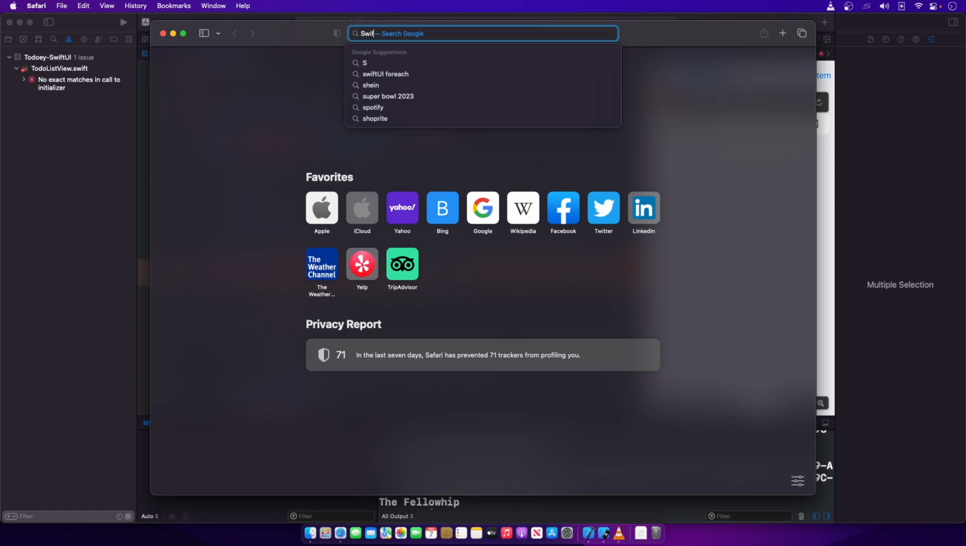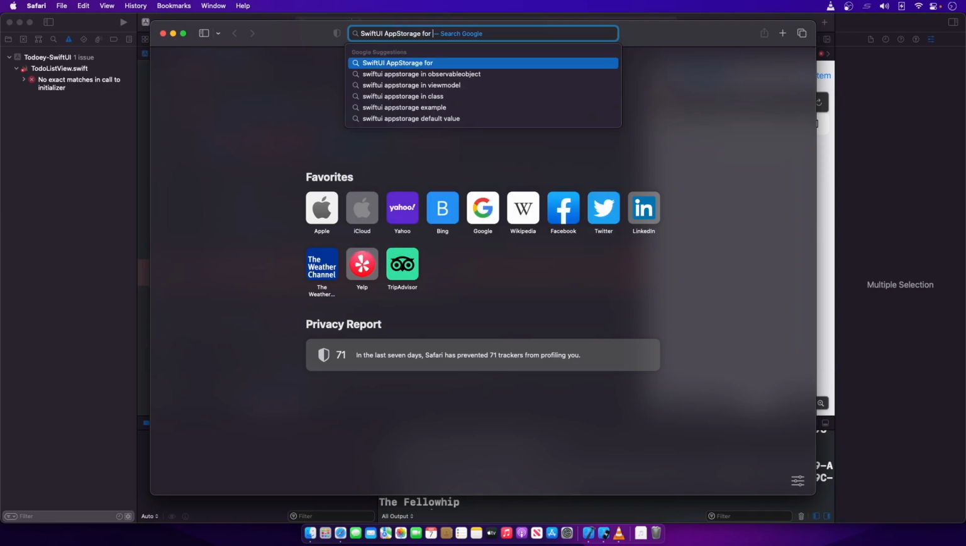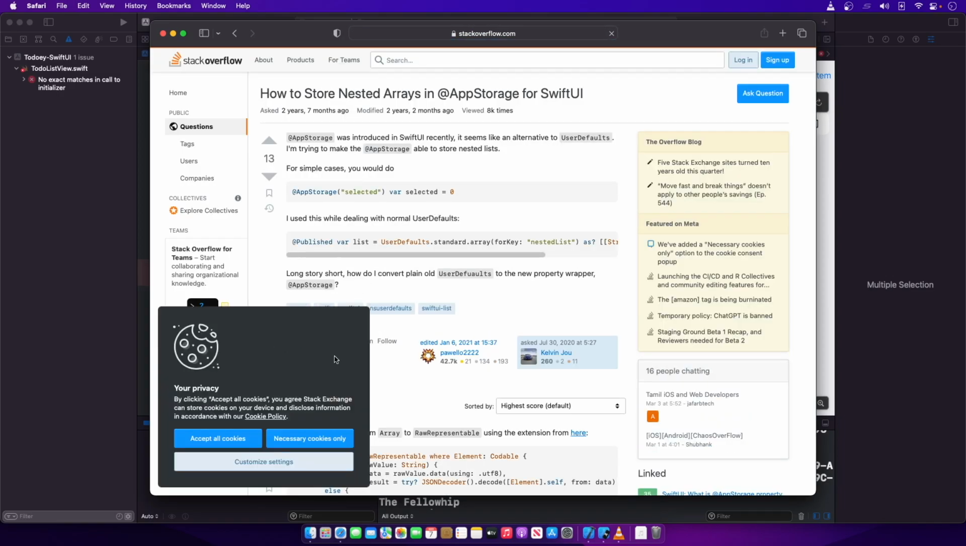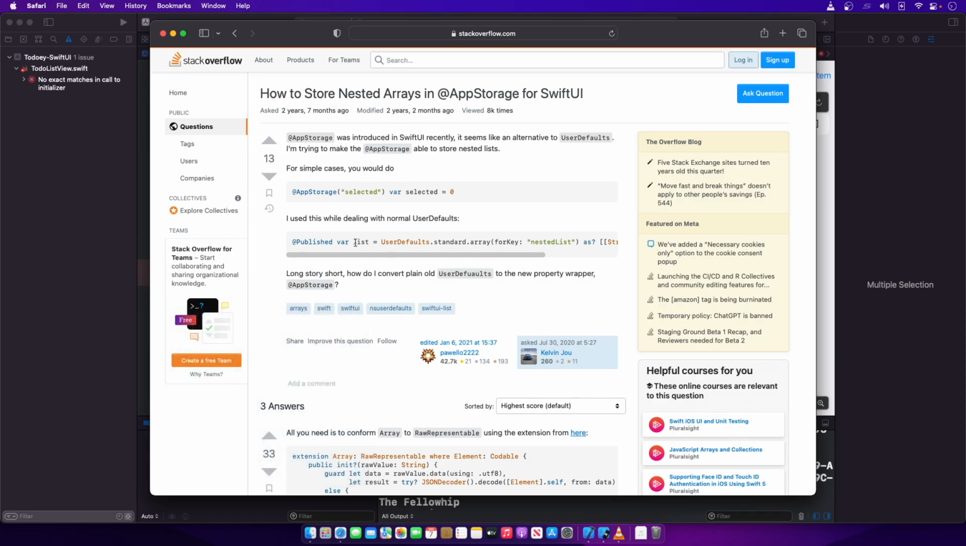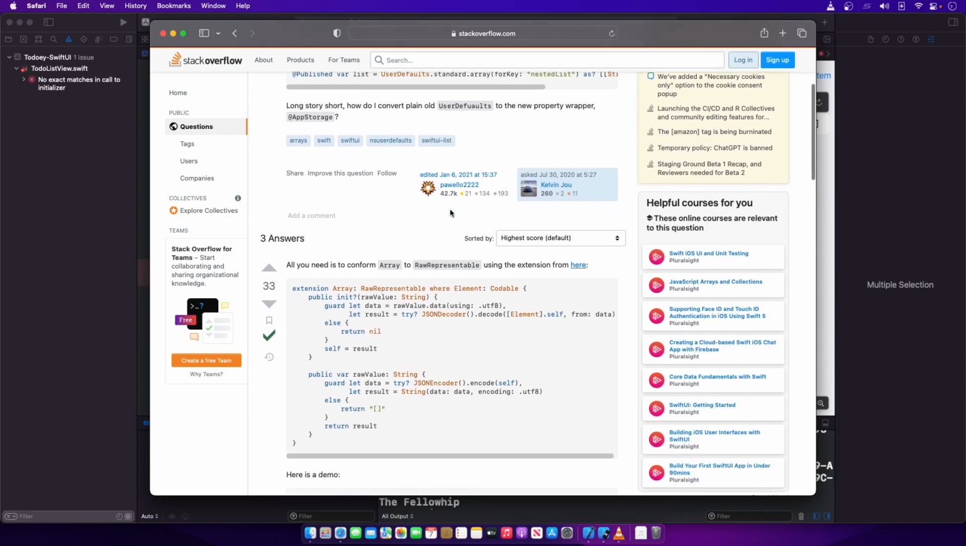SwiftUI searching, we'll do app storage for string of arrays. All right, so let's see what it comes back. How do we store nested arrays in app storage? So we'll go with the first answer on Stack Overflow, and when you do this, you will use this new